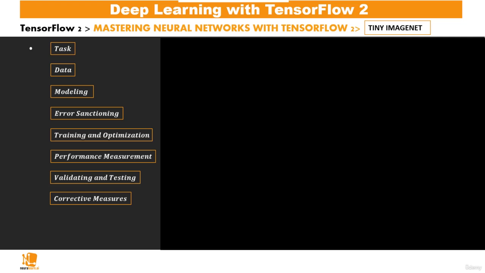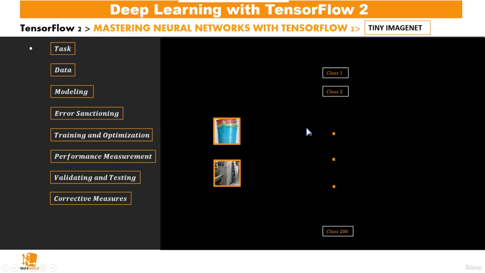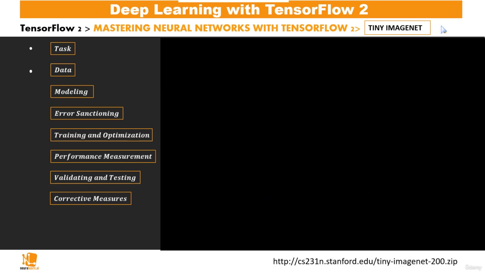Welcome to this section. Our task, or the problem we are to solve, is to get these images and correctly classify them. That's to say, whether they belong to one of the 200 classes in the Tiny ImageNet dataset. And unlike the other tasks we have worked with throughout this course, we now have many more classes we're working with. And the dataset, which is that of Tiny ImageNet, is made available to us by lecturers of